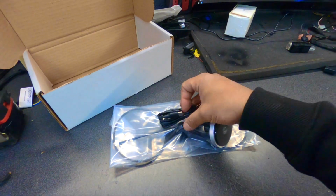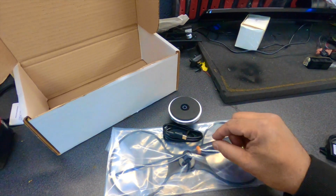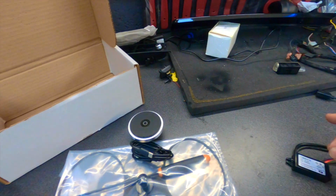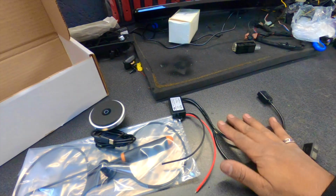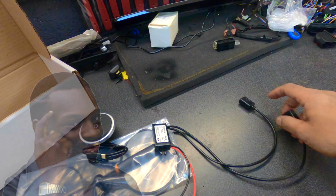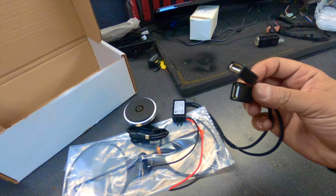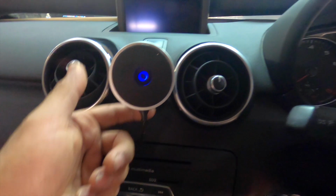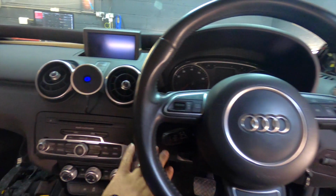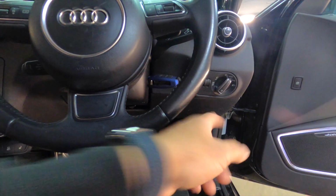and it comes with a USB-C cable right here. So now I will install this, but before I do, where am I going to plug this into to get power? And so I have come up with this idea. Now this basically changes voltage input to 2 USB outputs, and I can then plug in the phone and another optional extra of my choice. So here's the wire, and it drops down, goes behind the stereo into the dash, and what I've done is I've wired it up to the double USB port,